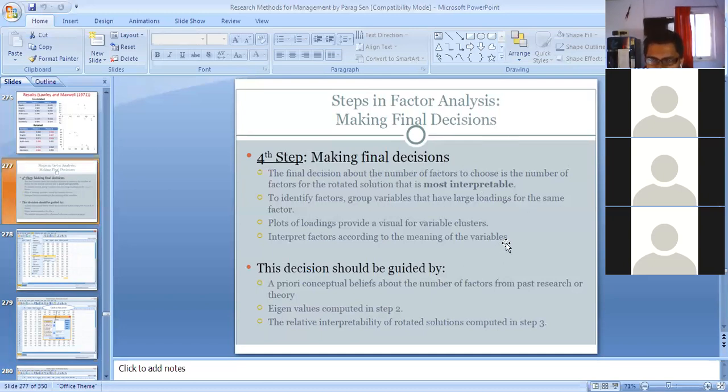But usually, as I have said earlier, exploratory factor analysis is not very much preferred. Even without a structural equation model, with only confirmatory factor analysis you can make a paper.